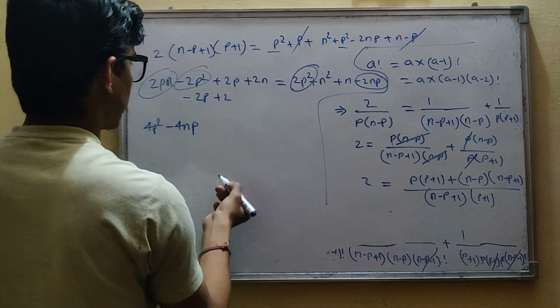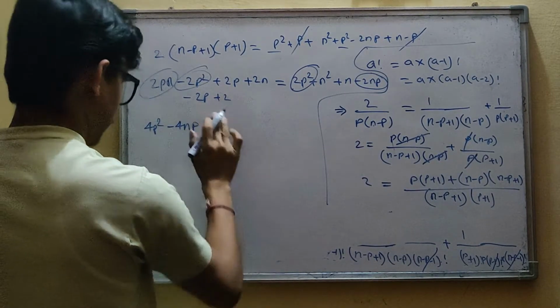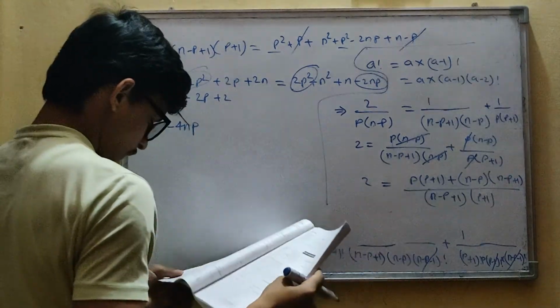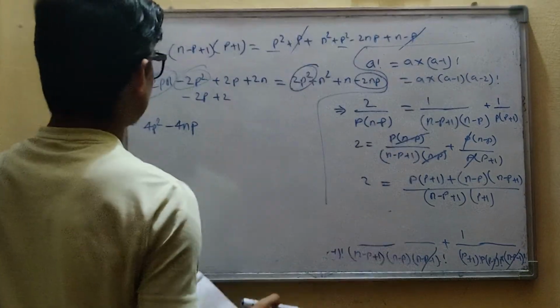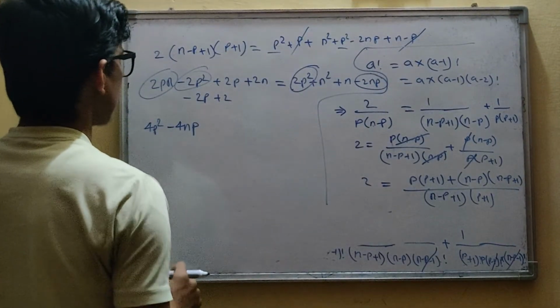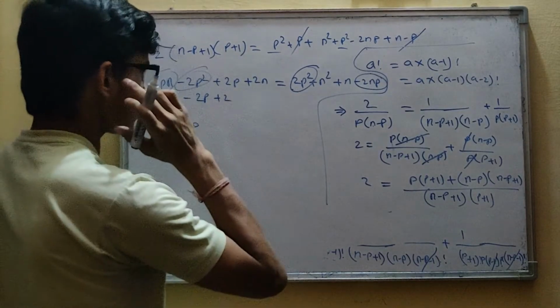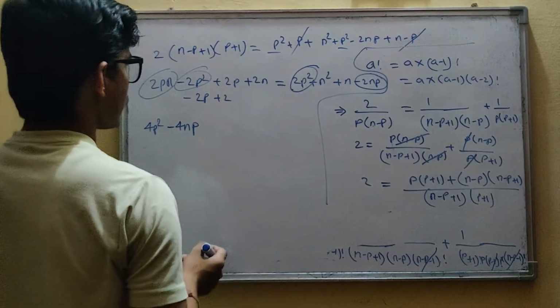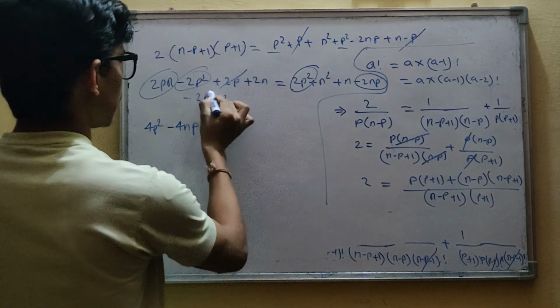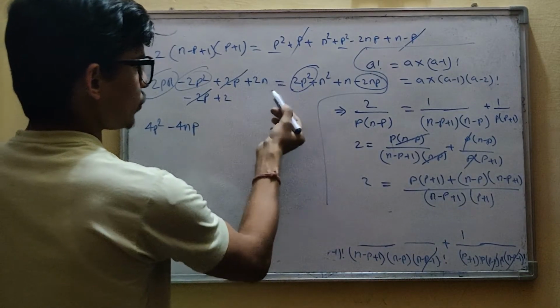Alright, so 4p square minus 4np will cancel out with this, 2p will cancel out, 2n plus 2, and this will